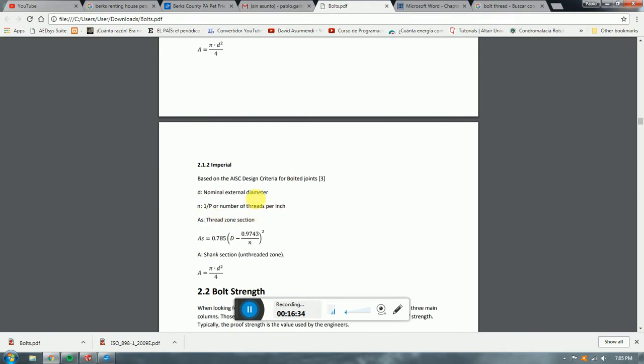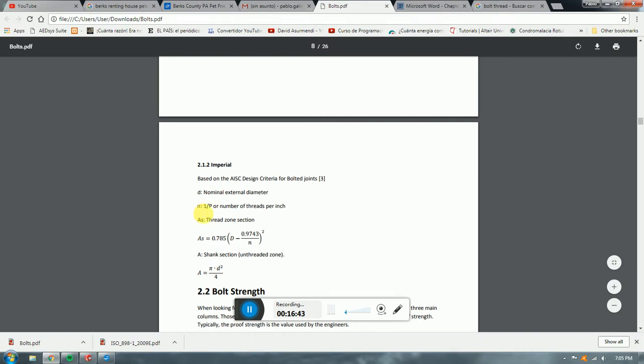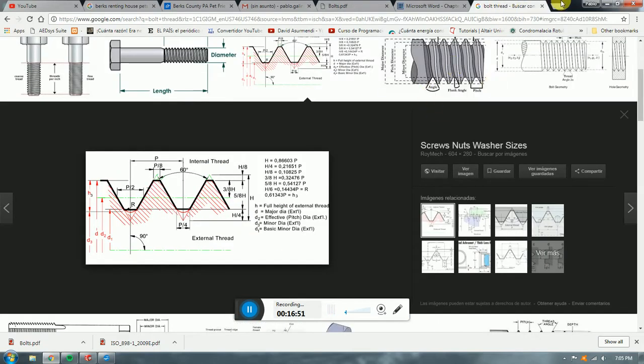So you count in 1 inch, you can measure in the bolt, you can count all the threads that you get, and that is going to be this number, which is one divided by the pitch. So as I said, in the US you are going to use that rather than the pitch, which is very easy when you get